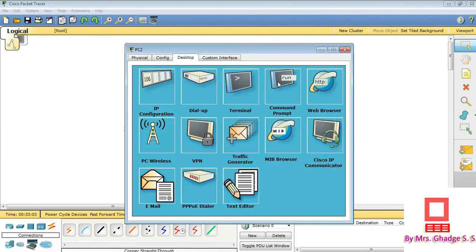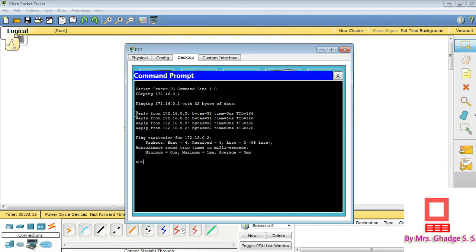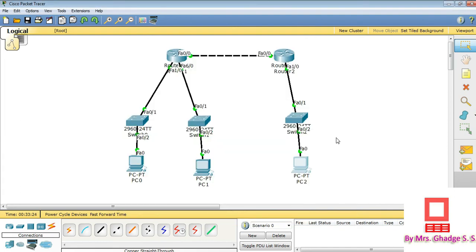Go to the command prompt of PC2 and enter the command ping and the IP address of the first PC, that is 172.16.0.2. Click on enter. You will again get a reply. That means the connectivity is working. Okay, so this is all about the RIP protocol.